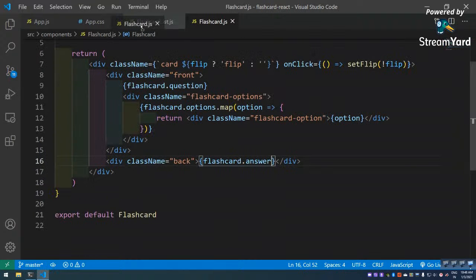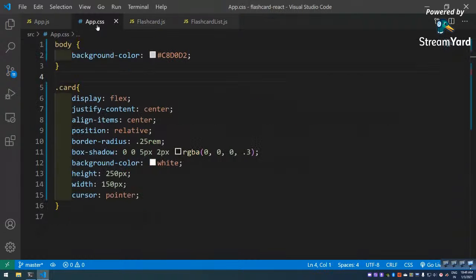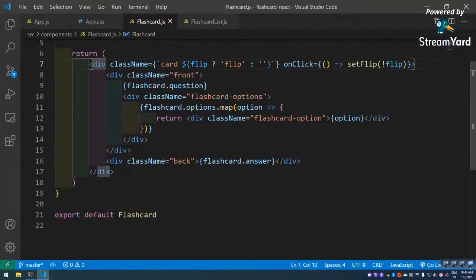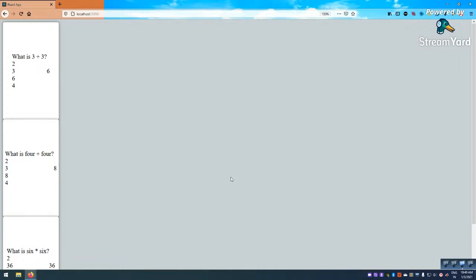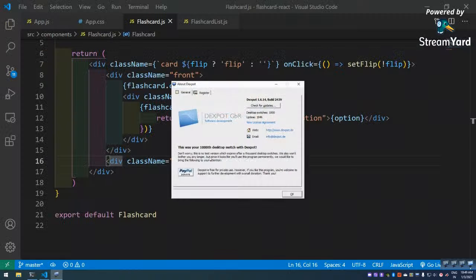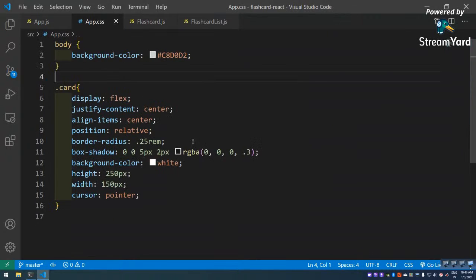Why? Because we have made this flex, so this all will be a row by default. So this is one row, this is another row. So the answer becomes a row. See, this is the answer: 6, 8, 36, these are the answers. Okay, so like this, and then